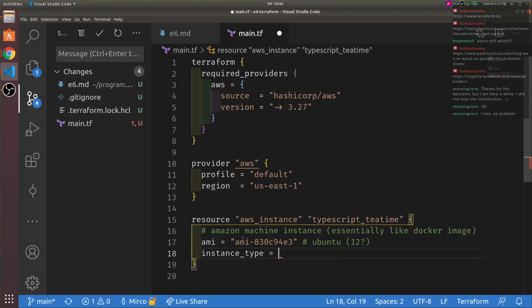The instance type is how large should the machine be? Like you can have a machine with powerful, I don't know, 128 gigs of RAM and lots and lots of terabytes of disk storage, and whatever.